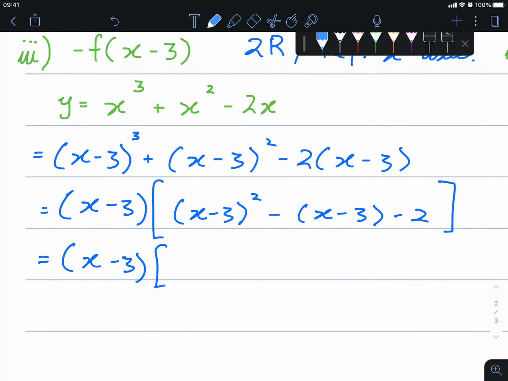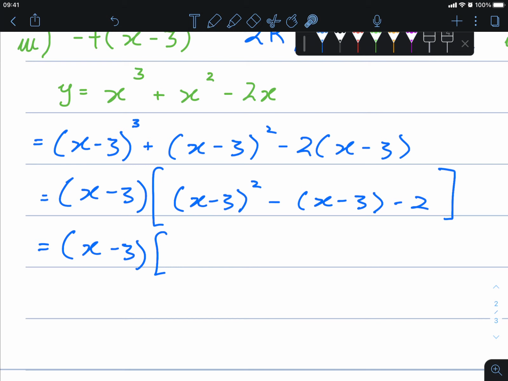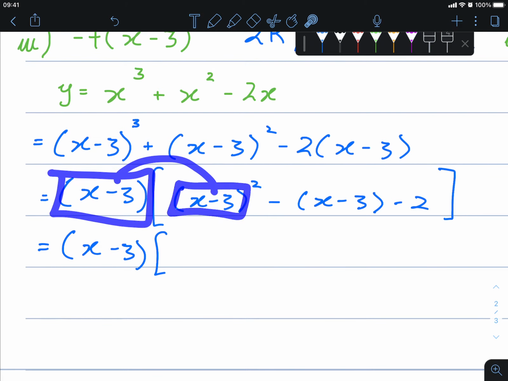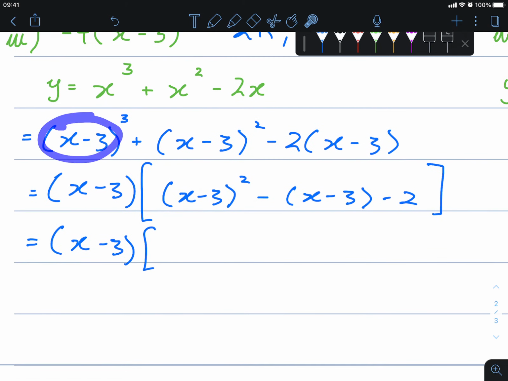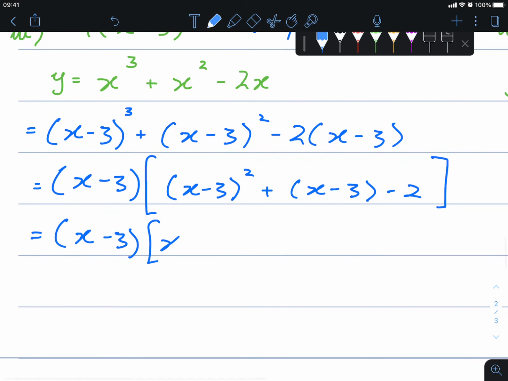In case you didn't catch what I did, this one has 1, x minus 3. This one has 2. This one has 1. If I take this expression and multiply with this one, I arrive back to this. Likewise, if I take this one and multiply, I arrive back to this one, and so on. Whoops, I just noticed this needs to be a plus. This gives us x minus 3 squared